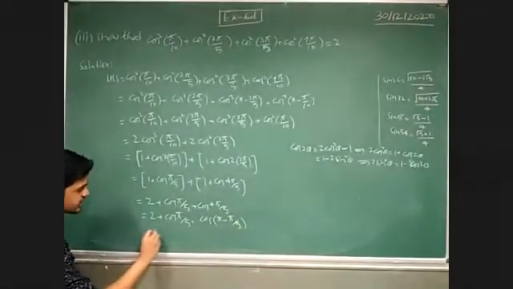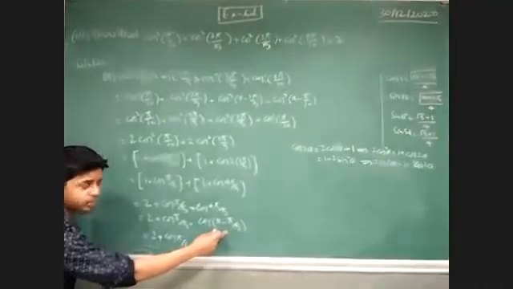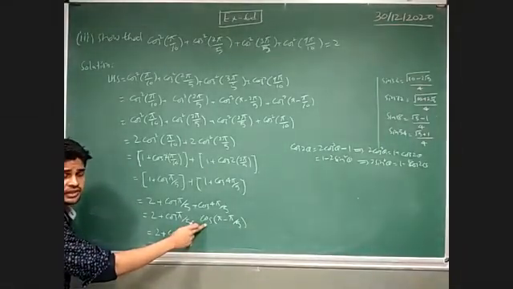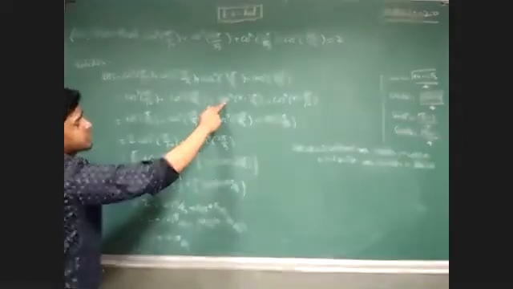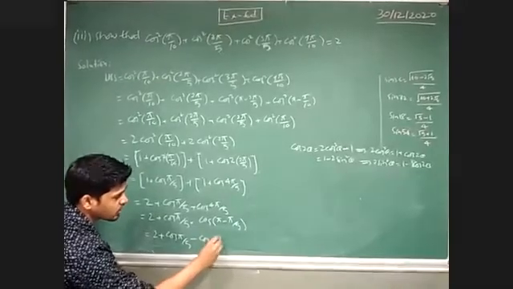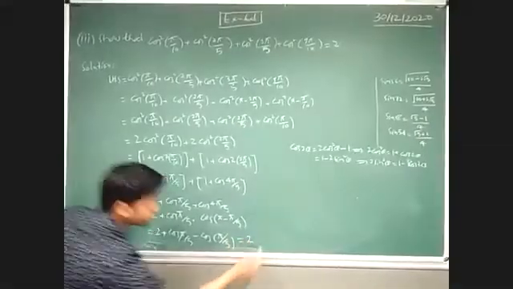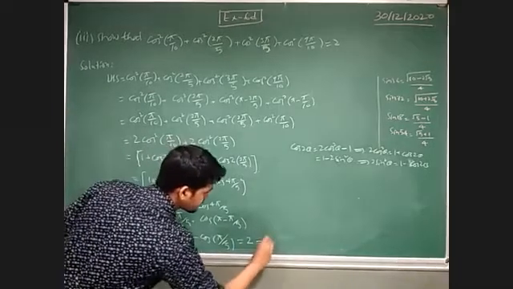Okay, see here, 2 cos pi by 5, and this will be in the second quadrant. Here square is not there, because where there was a square we didn't take a negative sign, but since square is not there, here we are going to take the negative sign. So this will be cos pi by 5, so this term will be cancelled, and here we will have 2. That is nothing but the right hand side.